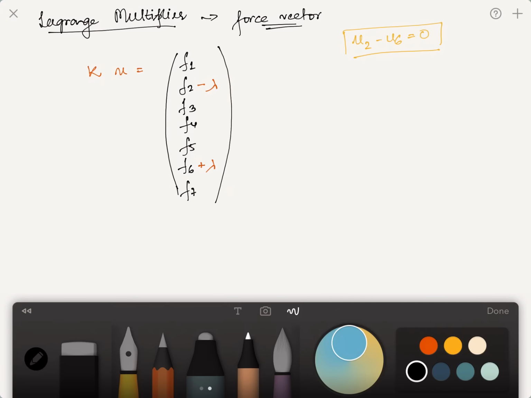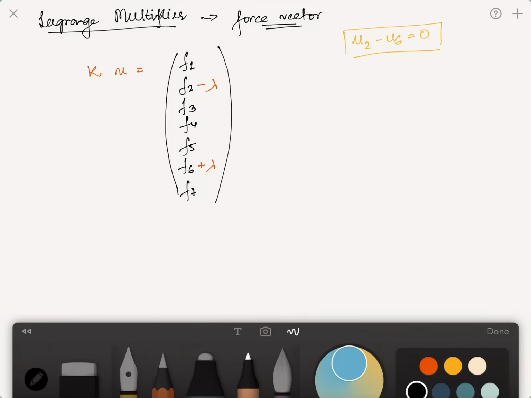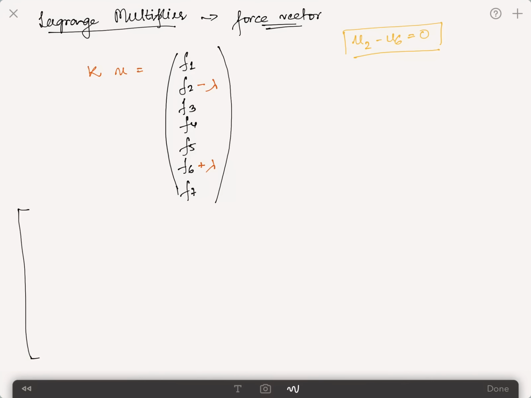And in order to actually solve this problem, I need to make a change to something on the left hand side, the KU side. So what I do is that I add another extra row into the displacement vector as this multiplier term lambda, such that I still maintain the equilibrium conditions. So for example, if I had the whole K matrix, which I'm not going to write down, but I had the entire K matrix, which had the first 6 by 6, 7 by 7, this setup, then I would like to get the